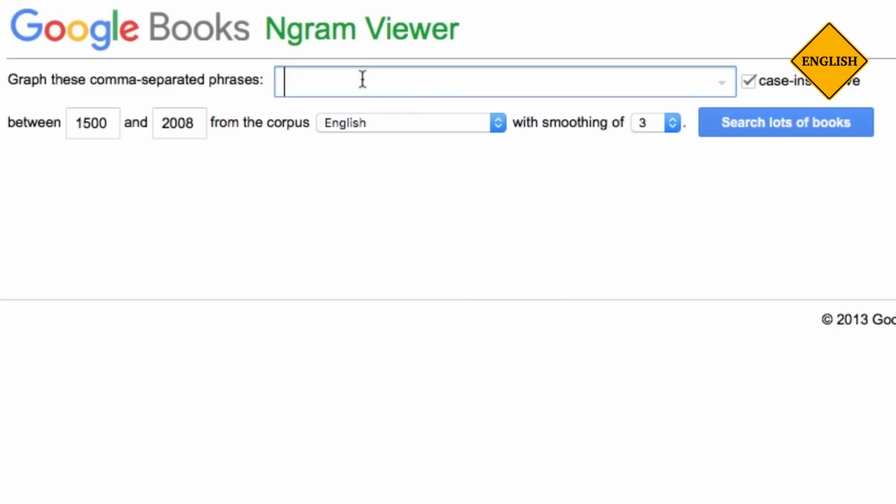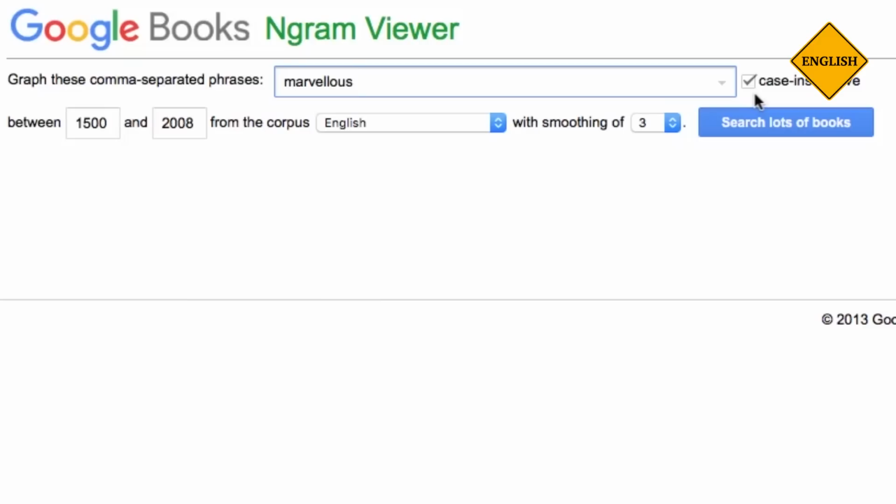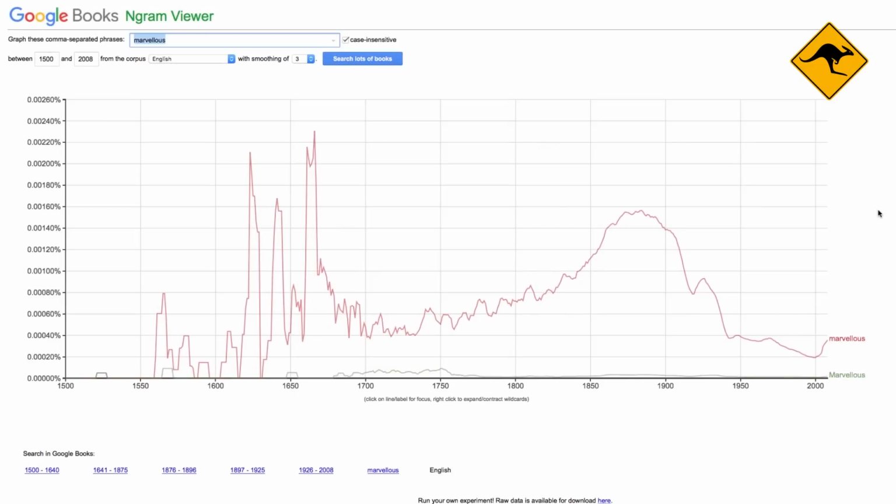So what we do is at the top here we type in marvelous, and I recommend checking the case insensitive box, which means that it doesn't matter if it's at the beginning of a sentence, in the middle, at the end, okay? And the years between 1500 and 2008, and then we click search. Now, here we have this beautiful chart which shows us the history of the word marvelous. And we can see that